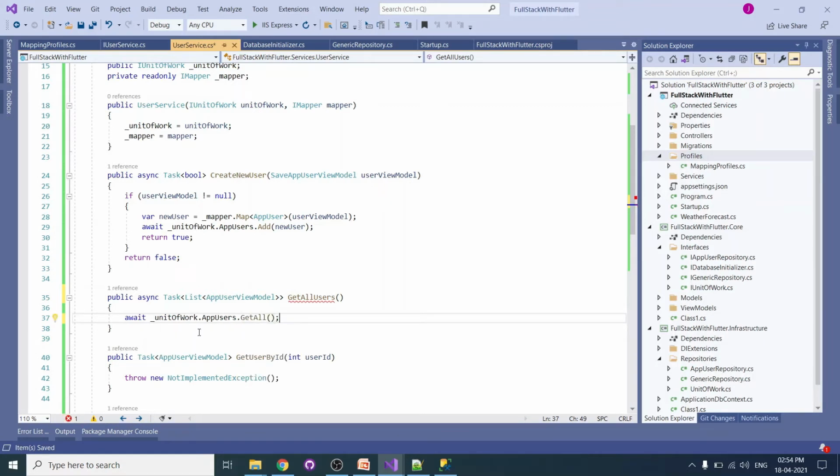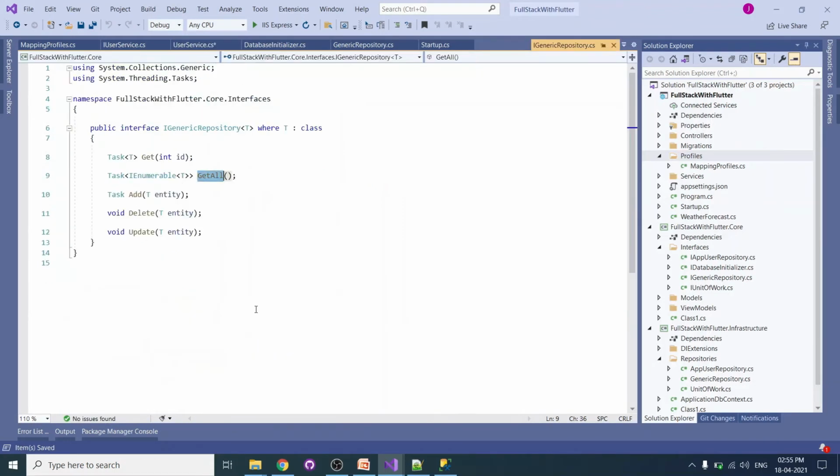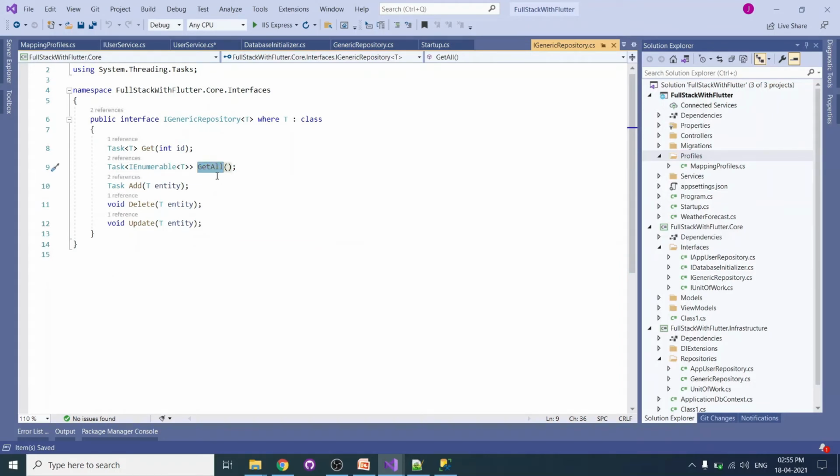Okay, so dot to, this is get all. From this get all, what we can do,